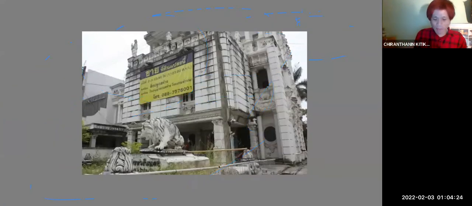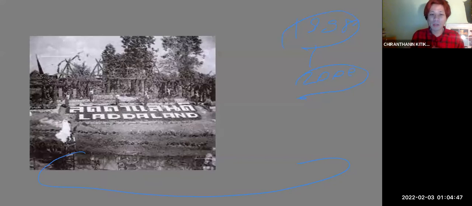And this has happened in Chiang Mai as well. From 1998 with the Tom Yum Goong crisis to early 2000, many buildings were created for real estate, but they turned out to be overbuilt. They turned out to be abandoned buildings like this one, but right now it's coming back, right? And also Lataland is one of the cases which was left behind.